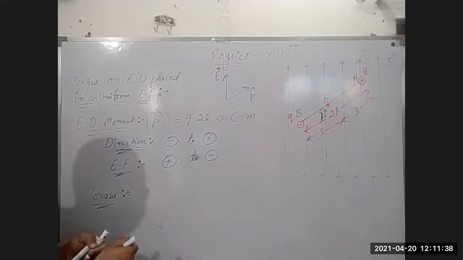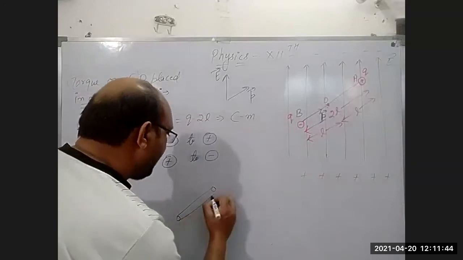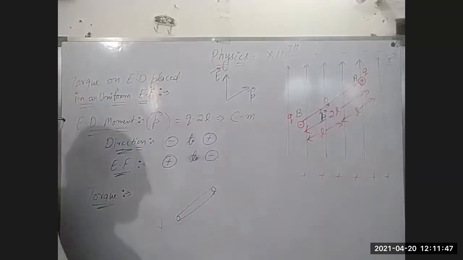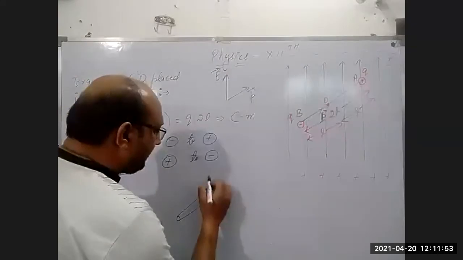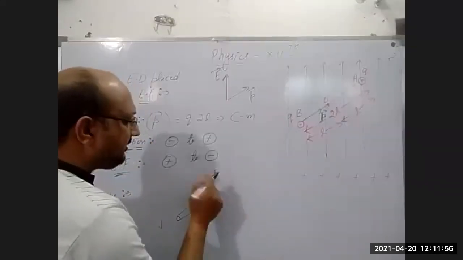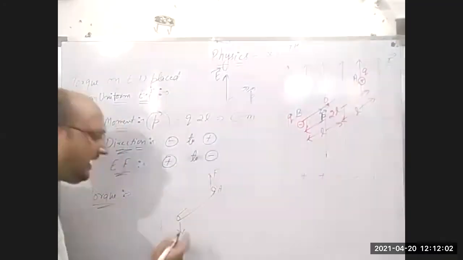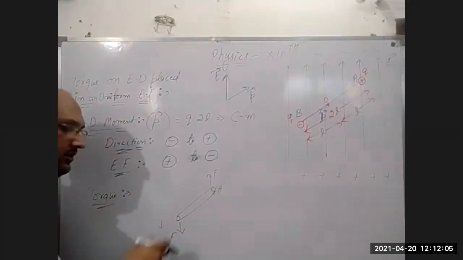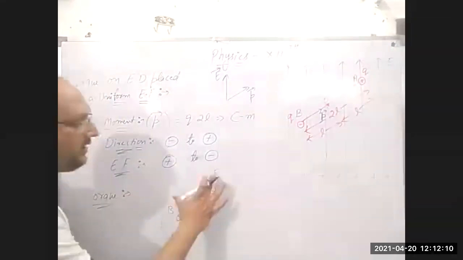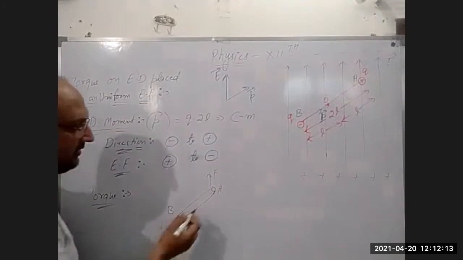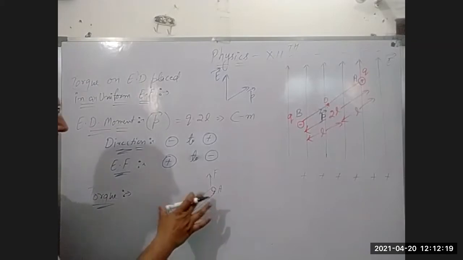Okay, let us see here. Suppose you have a rod. What happens if we apply a force at point A in the upward direction, and at the same time we apply a force at point B in the downward direction, and these both forces are equal in magnitude? In this way, if you apply the force on a rod, then what will happen?